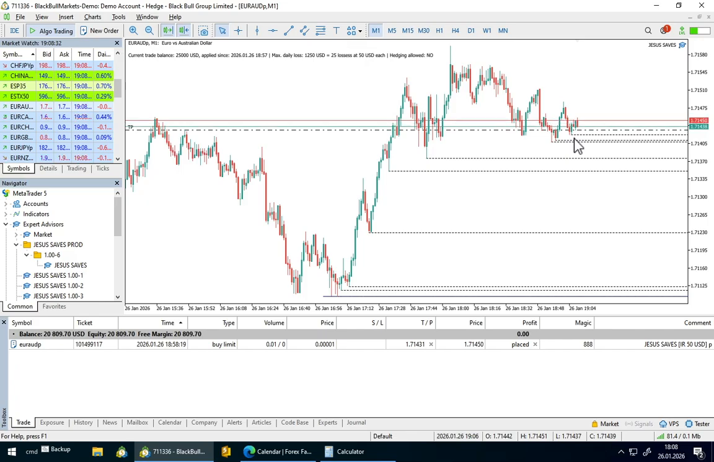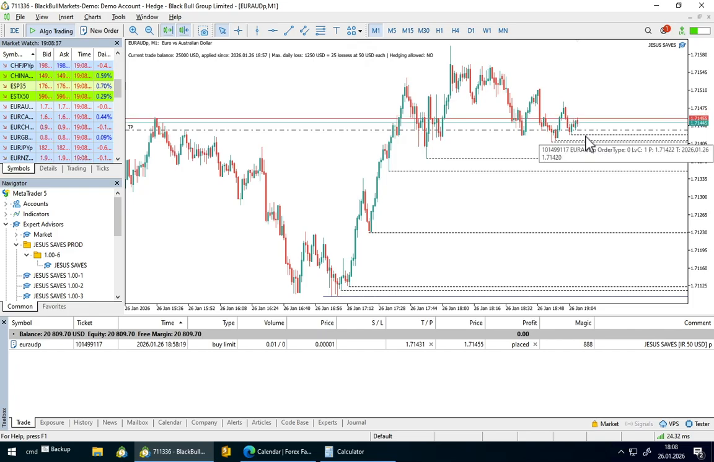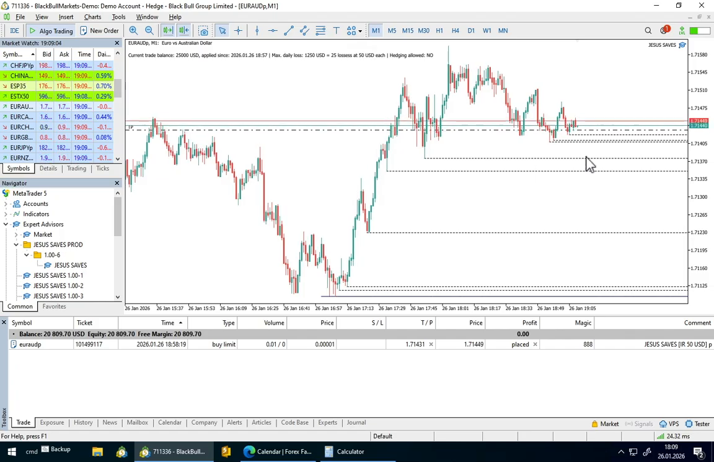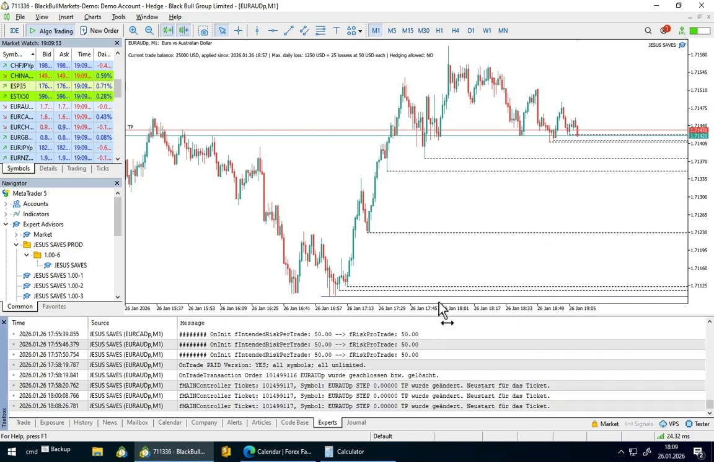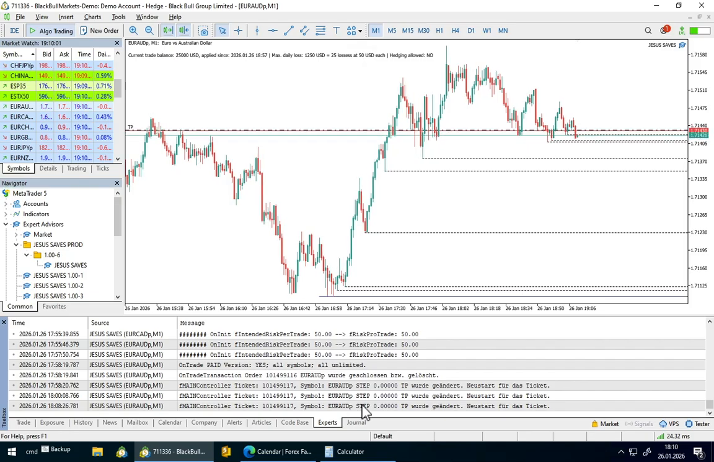My hope is that the price is going below this level, because as soon as the price is going below a level, he's watching out for an entry. That's it. He crossed this level now again, but that was enough. Just crossing a level is enough. And now he is looking, you can see it here on the tab, Experts. He's looking for an entry